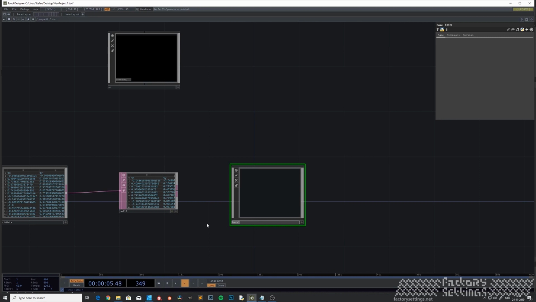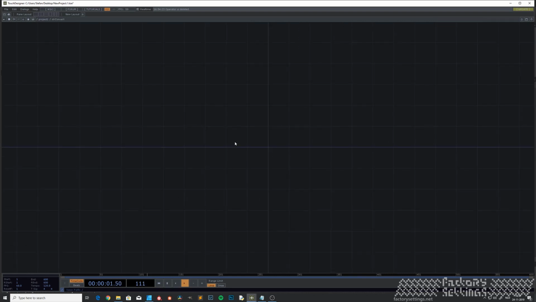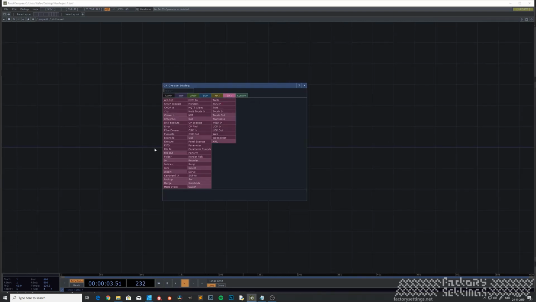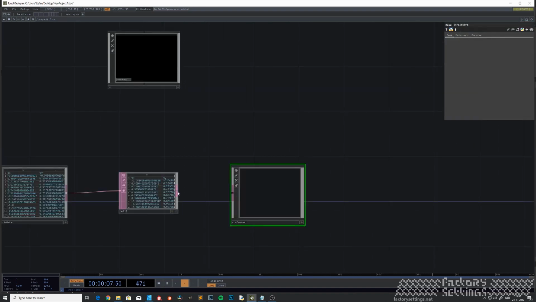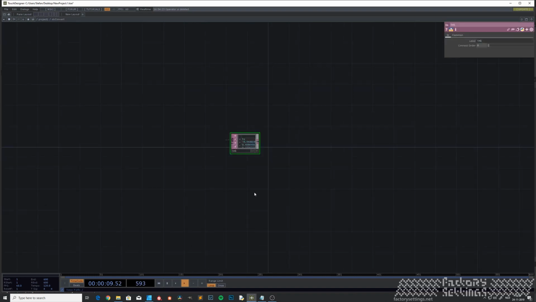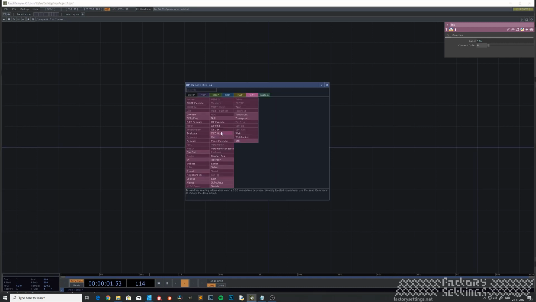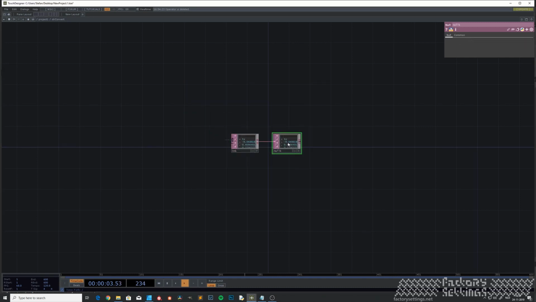I'm going to call this one string convert, create an entrance for outside, place it in here, close it with a null,